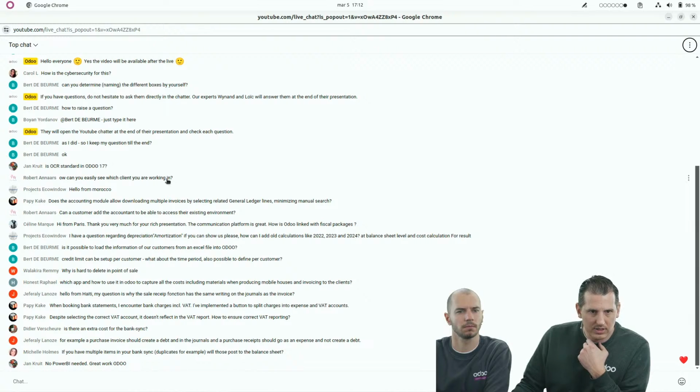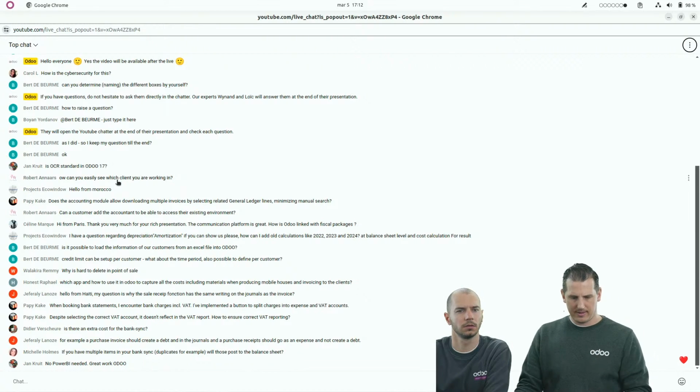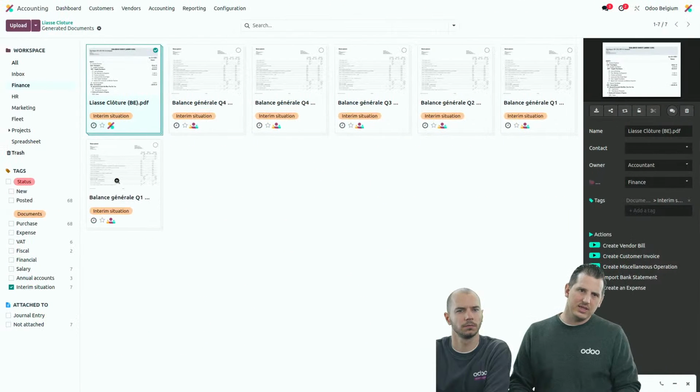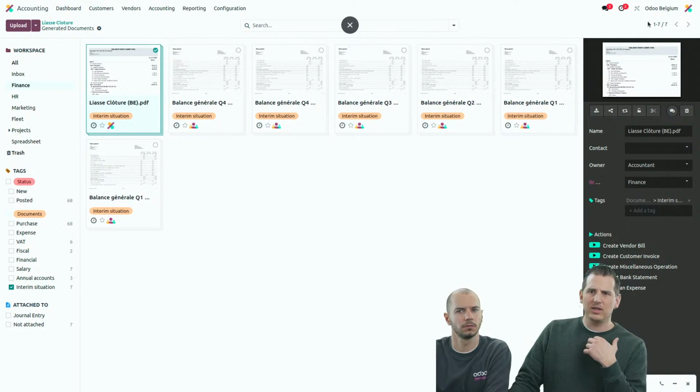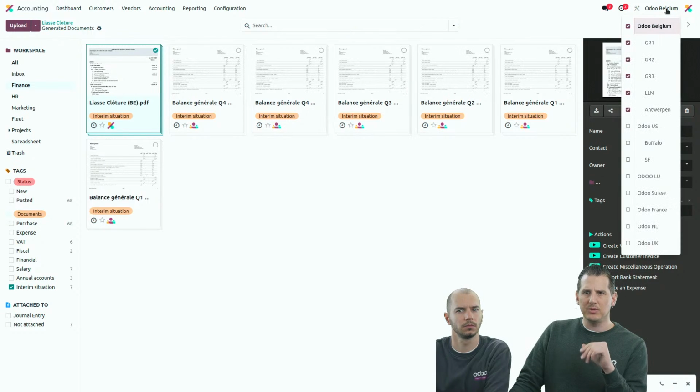Or can you easily see which client you're working on? How can you easily? Yeah, Robert is a good one. Well, basically, you can see it in two different ways. First of all, if you are working in a multi-company environment, you will see the name of the customer